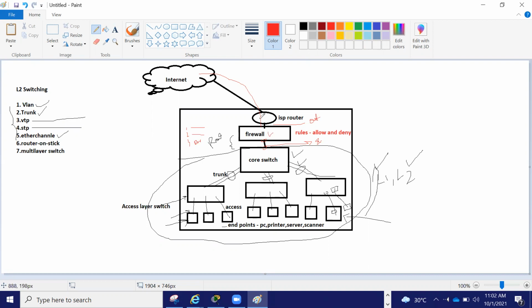Then the ISP router. Routing will again be run between the firewall and the ISP router, and there will be a default route and a static route in between from the ISP router. So the router, these all are generic. If I take any small office, this will be the diagram. This will be the approach in any small office, where you will have all these devices, where L1, L2, L3, L4, all layers will work. So just have a look here, just 1 minute.